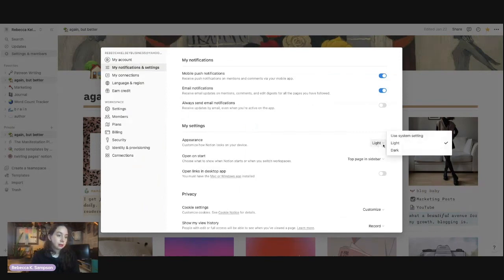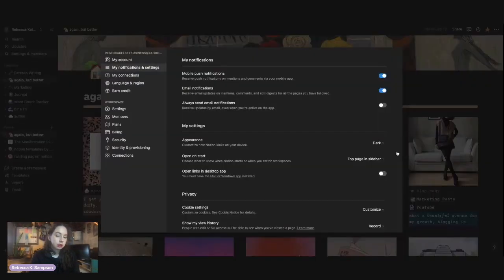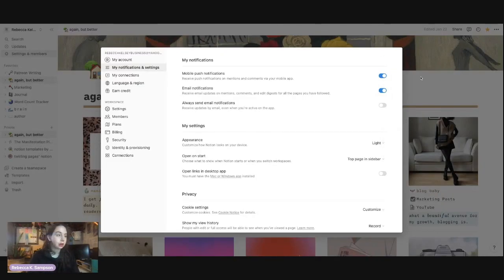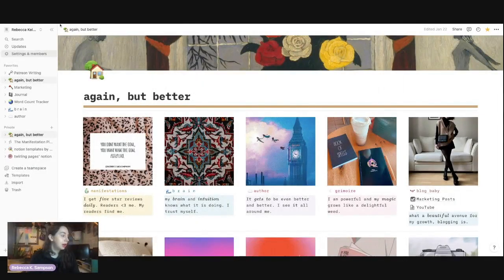Here you have light mode, dark mode, or you can also use system settings. So if you have a computer that changes depending on time of day, Notion will react in the same way. So for the sake of the video, I'm doing it in light mode, but I actually prefer my Notion in dark mode. So I wanted to share that.